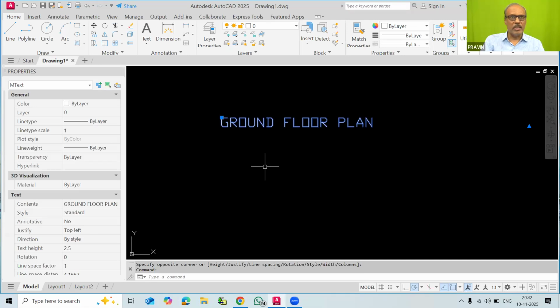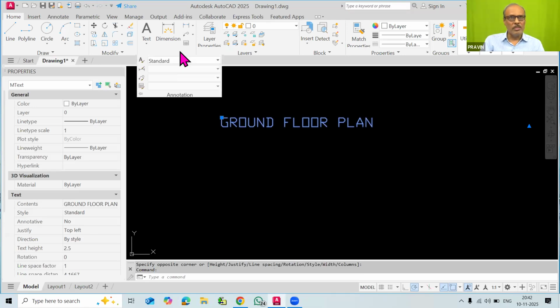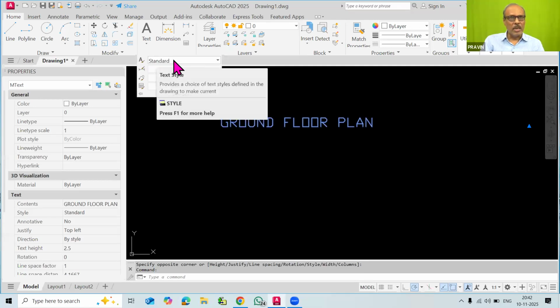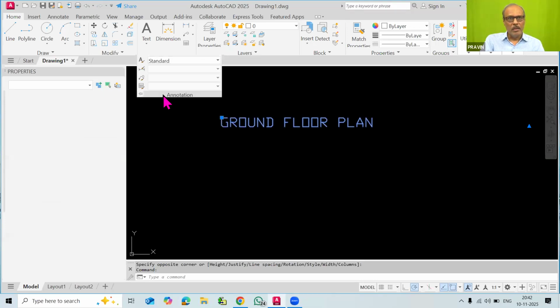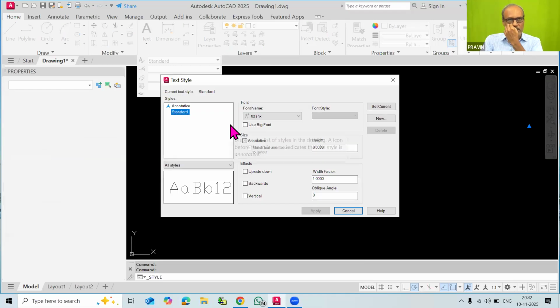To create the text style, we have to again recall that. We have to go to this annotation, and here you can see that the standard style is shown. We will click here, and now we go to manage text style. For creating the font style or text style, we have to go to manage text style. We already discussed that in the previous session.